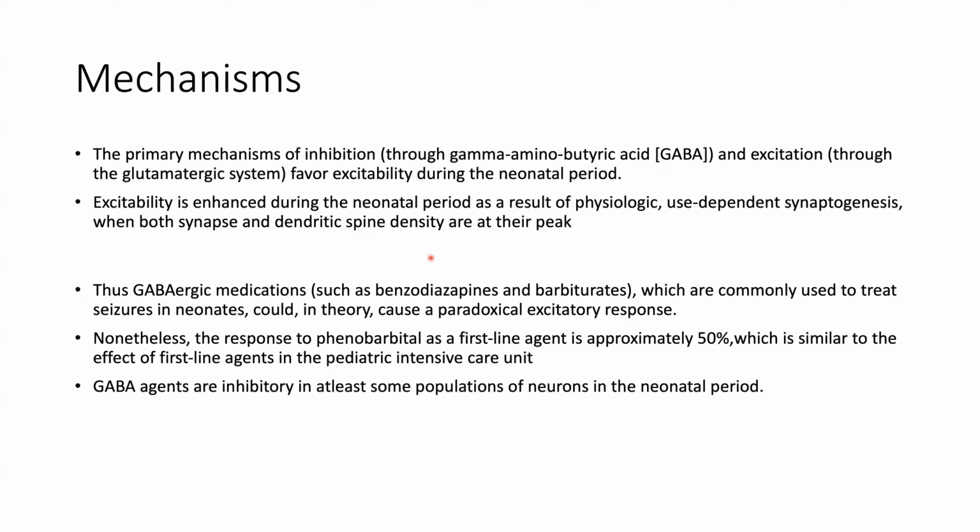So this is theoretical, and this explains some of the things which we observe in the newborn period, such as the things which I explained, that a small proportion, a chunk of newborns who do not respond to phenobarbital as the first anti-epileptic agent may be having this as the mechanism behind their unresponsiveness. And the second one, as I told you, certain newborns may have bad neurodevelopmental outcomes if they are given phenobarbital for a long time. So that is why we restrict them to the first month or even less than that.